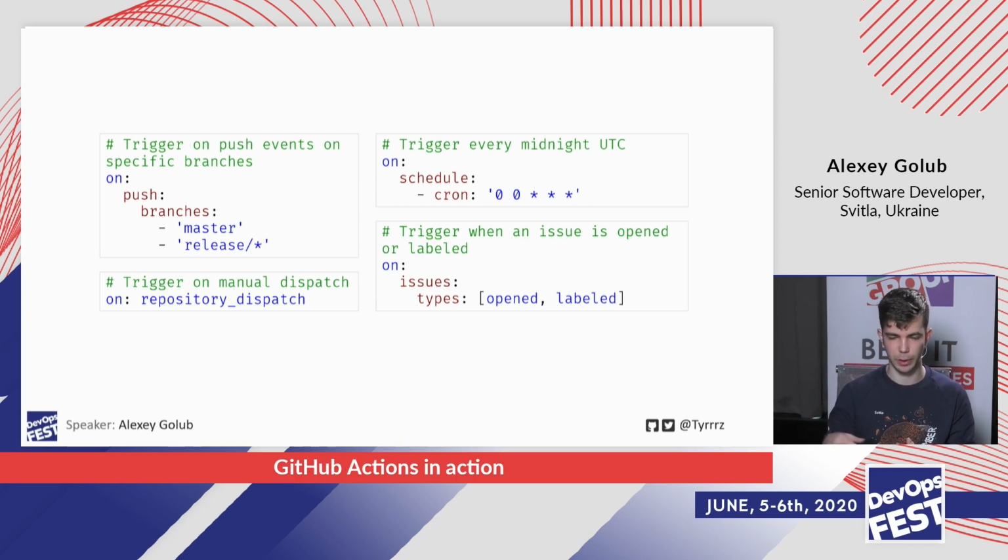And similarly, in the bottom right, you see issues, which is also an event. But here we also refine it so that we only trigger on issues, and the sub-events we're interested in are opened and labeled. So we don't really care about issues that have been closed or that had comments left on them or stuff like that. We only care about open and label, for example.